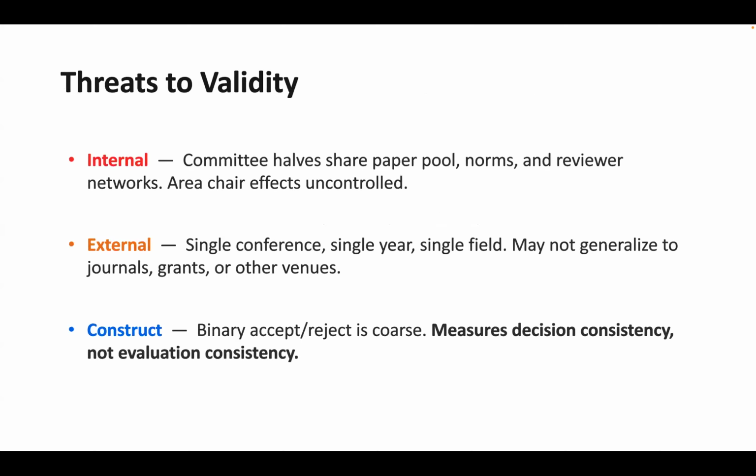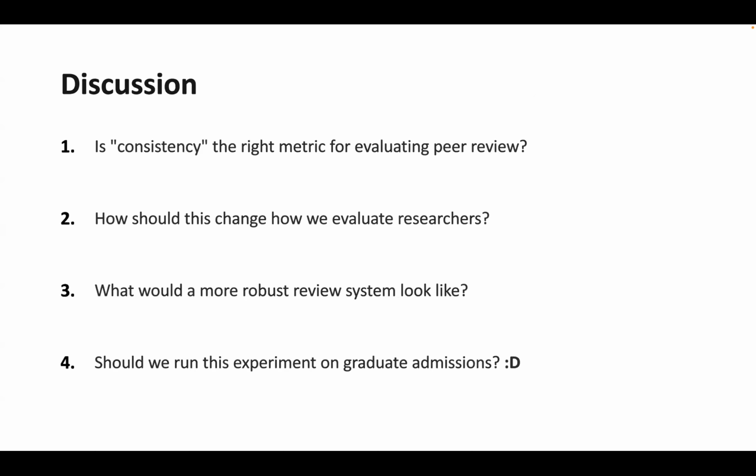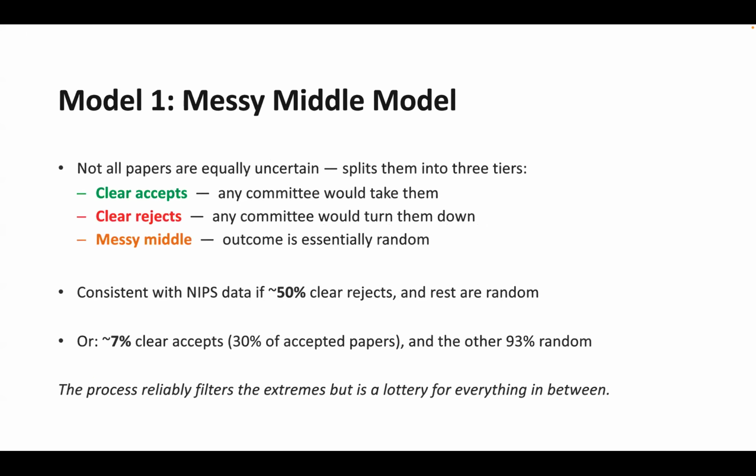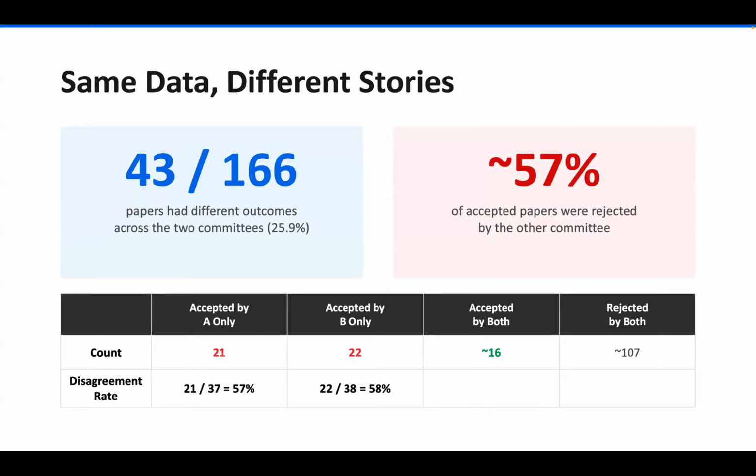The interesting bit to me is that, except for the clear accepts, which is the top 7% of papers, and the clear rejects, which is maybe another 7% or so. 50% of them are rejects, right? No, but how many are clear rejects? Oh, wait, I'm assuming it's another 7% or so. No, I think the clear rejects are 50%, because if you see here, this number is high because they had to maintain the acceptance rate of 22.5%.